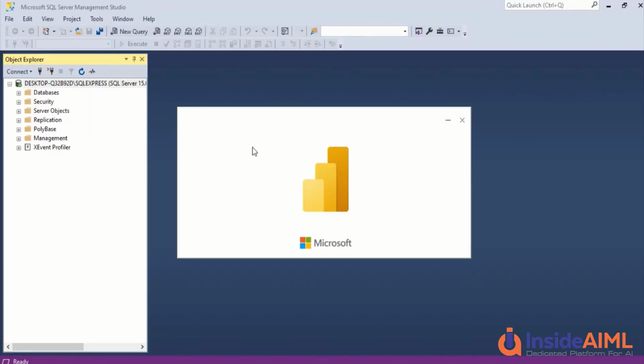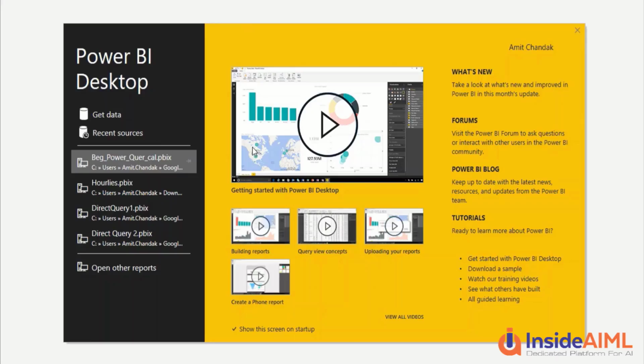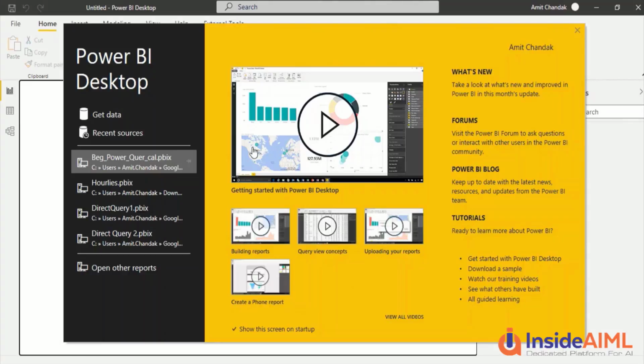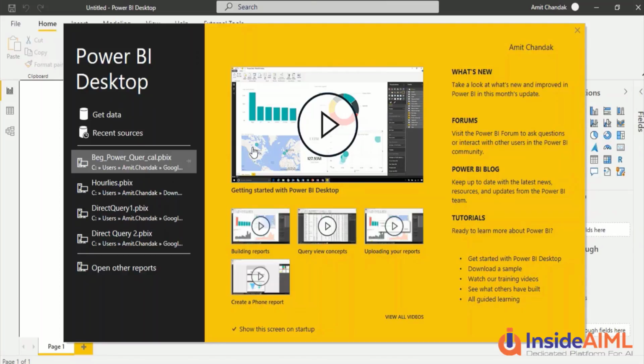So just wait for that to come up. This is the first screen which you will get. You have this Get Data option available there, and from there you can begin.